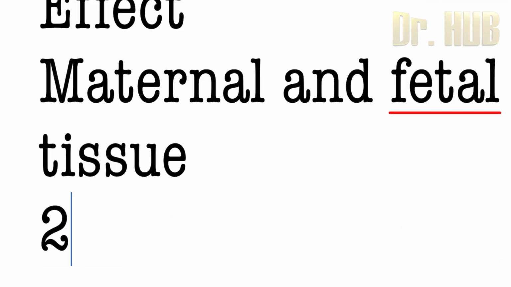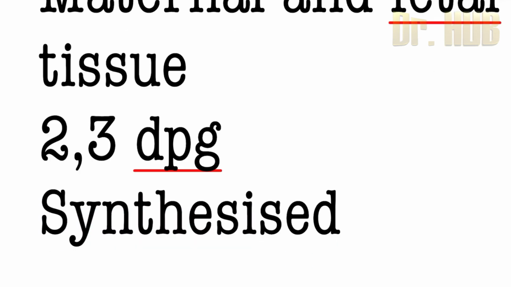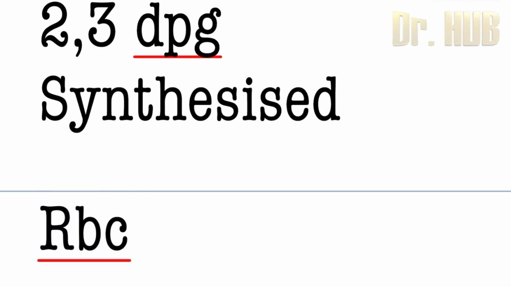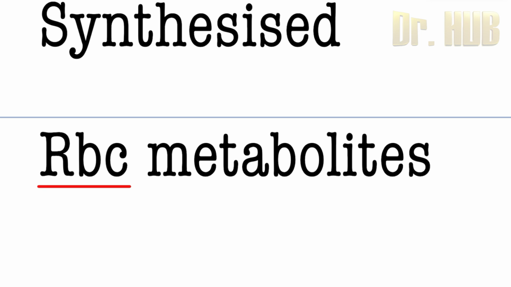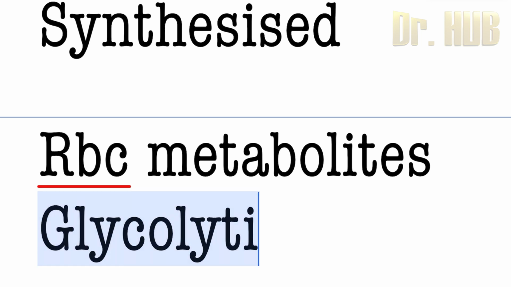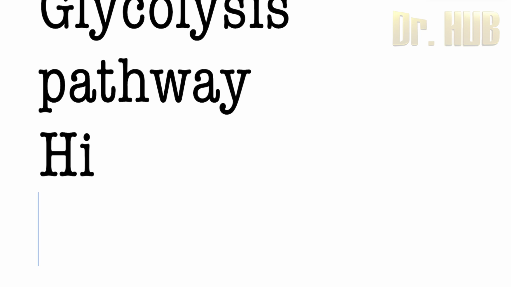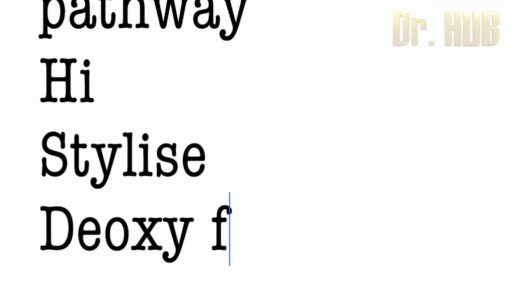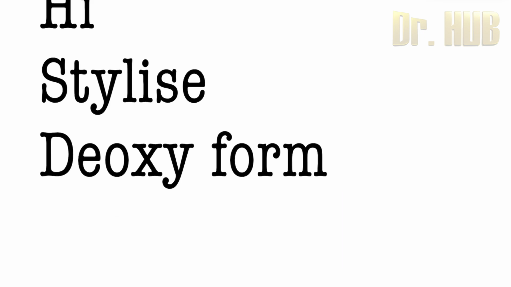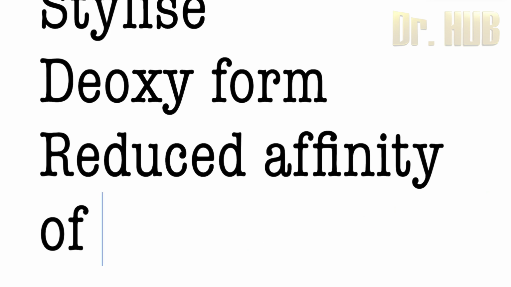Next, moving on to 2,3-DPG. It is synthesized in the RBC from metabolites of the anaerobic glycolytic pathway, since the RBC lacks mitochondria. It binds to the hemoglobin and stabilizes what? The deoxy form. So the deoxy form is stabilized and it reduces the affinity of the hemoglobin